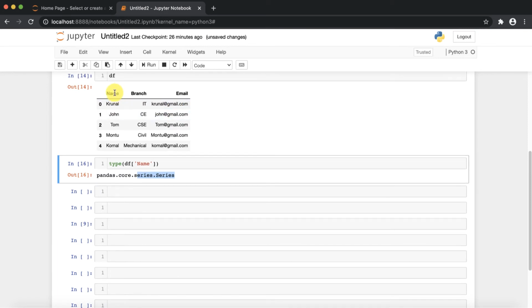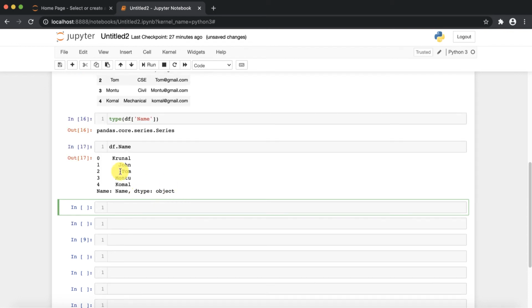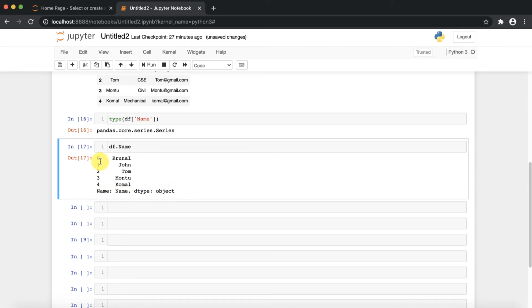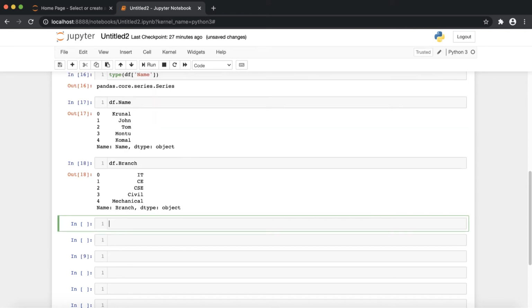So a single column is a series. As we know, a series is one-dimension data. If you print the type, you will see it. Now, if I want to print the values, you can print df dot name, and you can see over here the dtype is object, name, 0 1 2 3 4 is the index, and here are the provided names. Similarly, you can print the branch also.